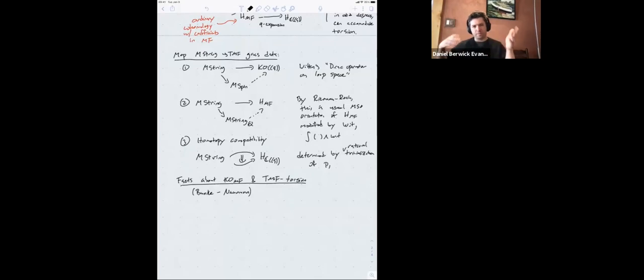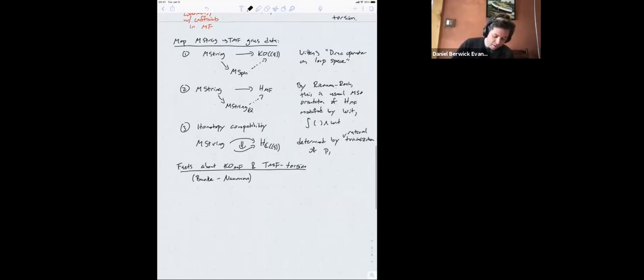And if you think in this way about their invariance, you'll see that they're actually telling you about this map from, for example, pi star of TMF to pi star of KOMF. And what they tell you is that this map on coefficients, this injects 3 torsion